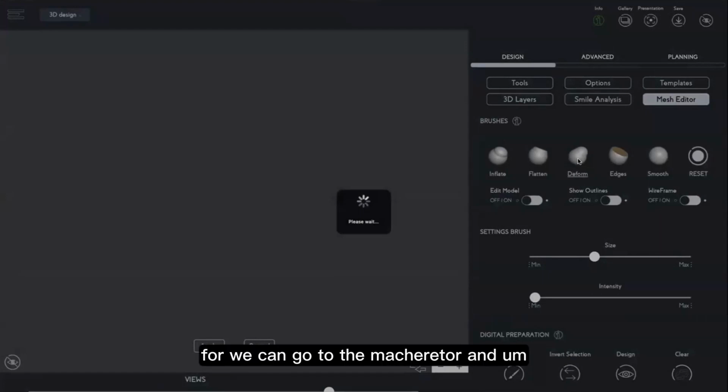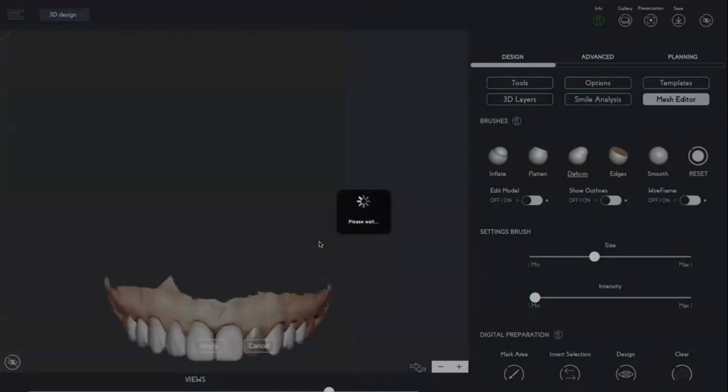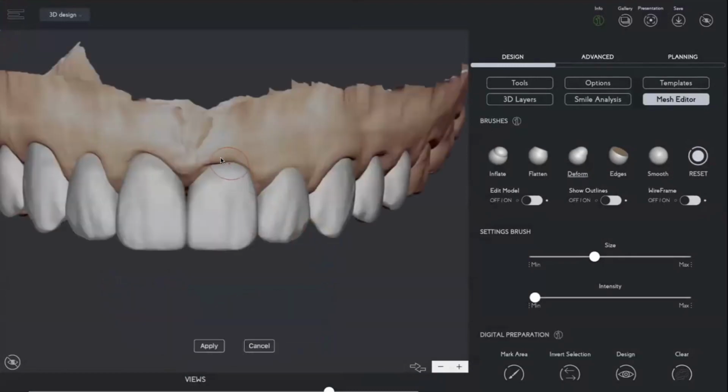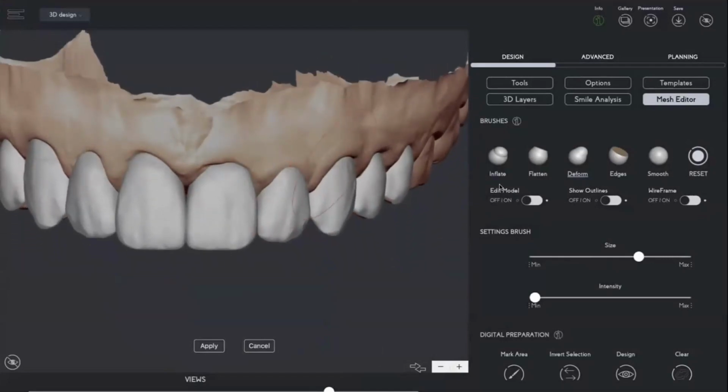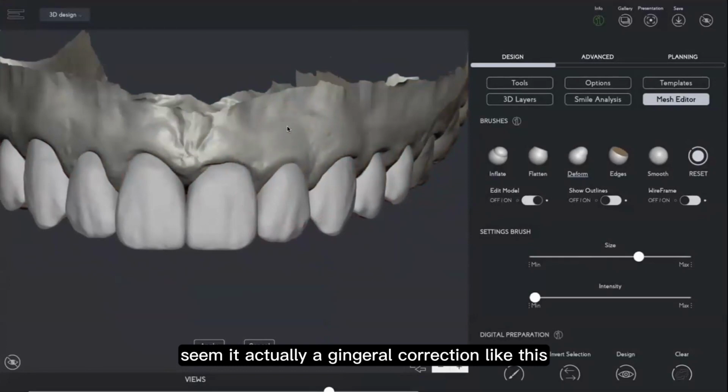For that we can go to the mesh editor, and with the brushes that we have, you see now we can deform and simulate actually a gingival correction like this,